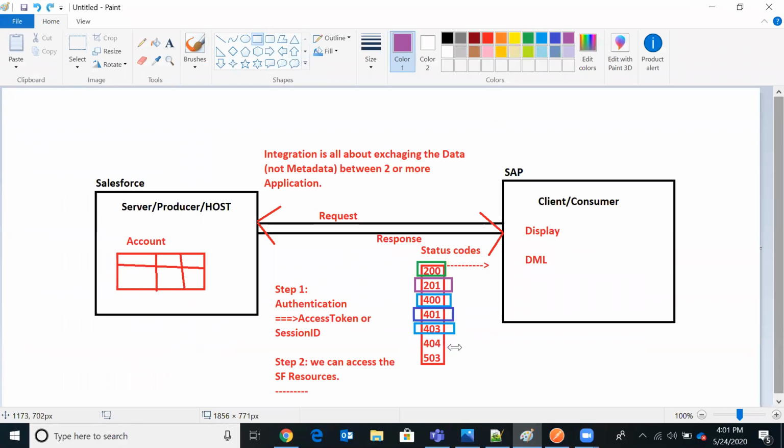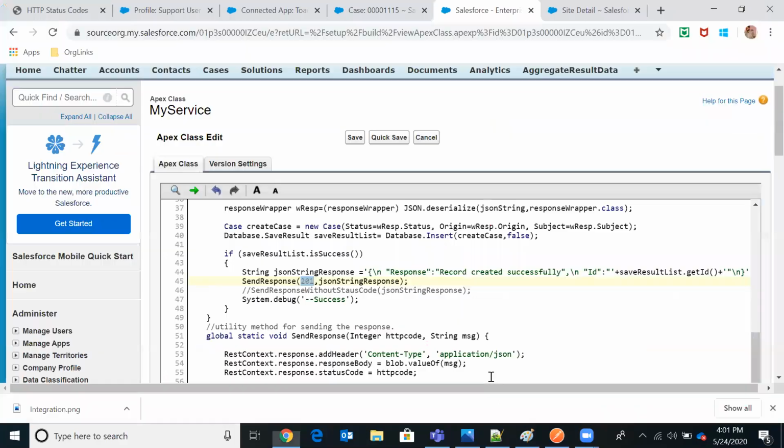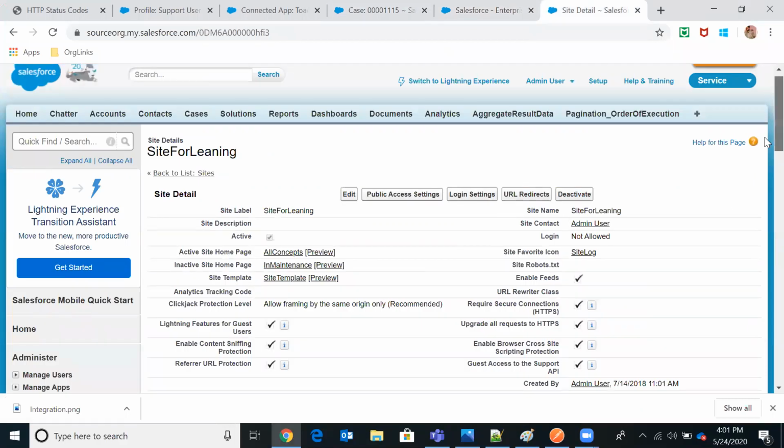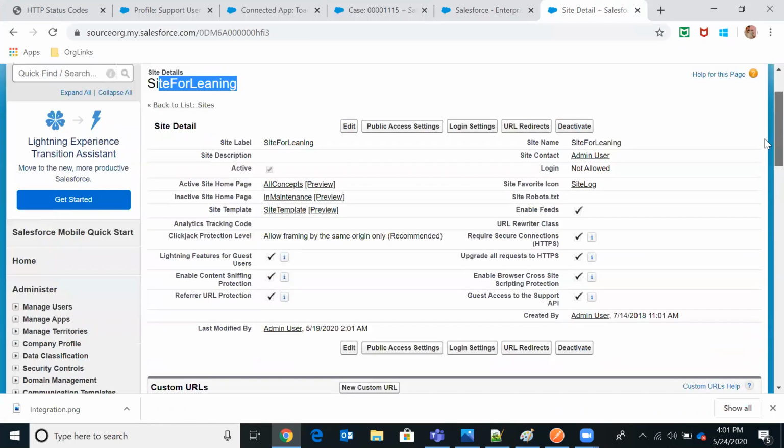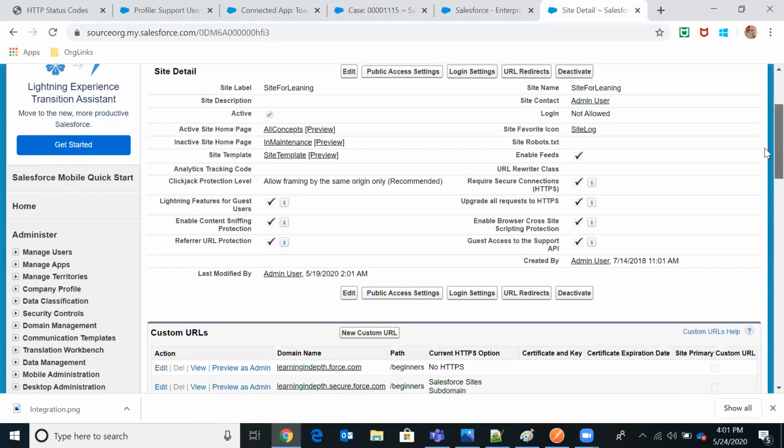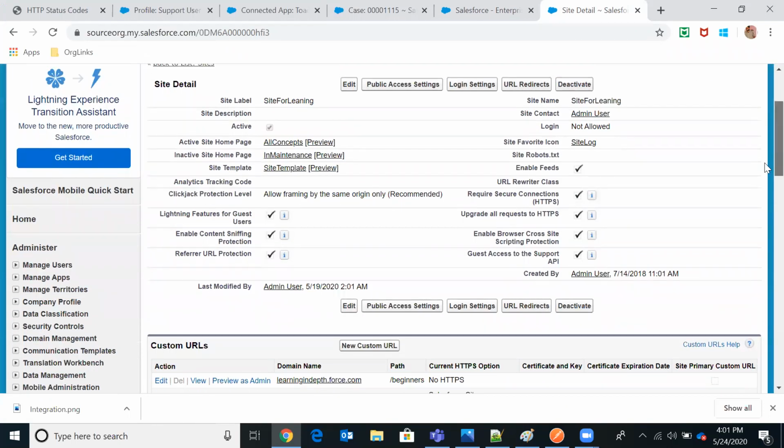So the next is 503. Let's talk about 503. For example, I have the same service class, and I'm just trying to expose it through a force.com site. If you are trying to hit through a force.com site, you don't need to pass any access token.